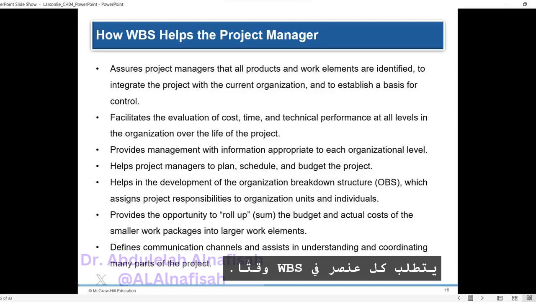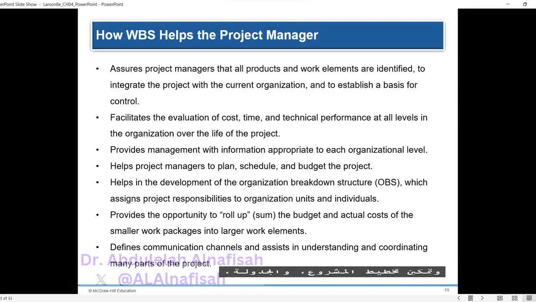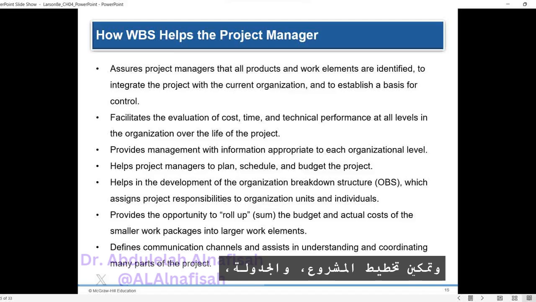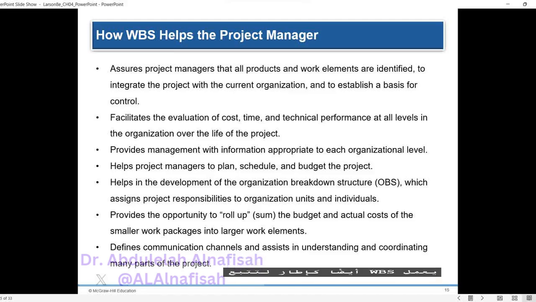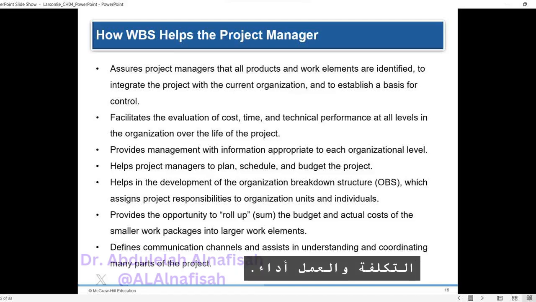Each item in the WBS requires time and cost estimates, enabling project planning, scheduling, and budgeting. The WBS also serves as a framework for tracking cost and work performance. By assigning responsibility for executing work packages to organizational units and individuals, the WBS integrates the work and the organization,